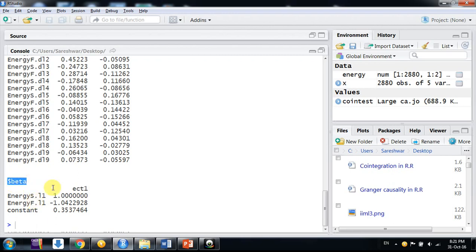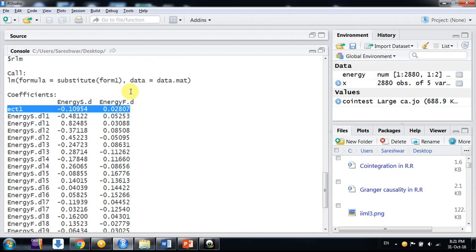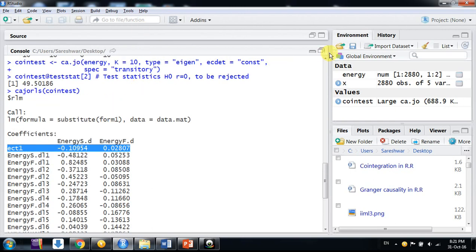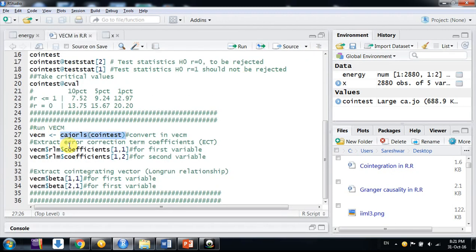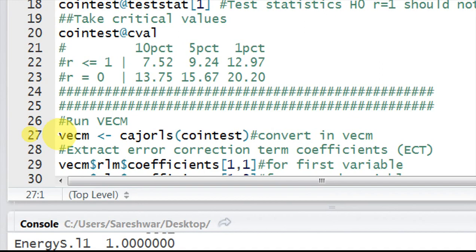When we report this VECM in a research paper, what do we need? We need the co-integrating vector and the error correction term coefficient. So how do we extract them? We use this command: VECM is the variable we generated in this line by using the cajorls command.